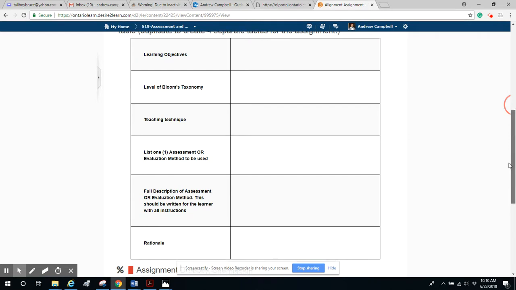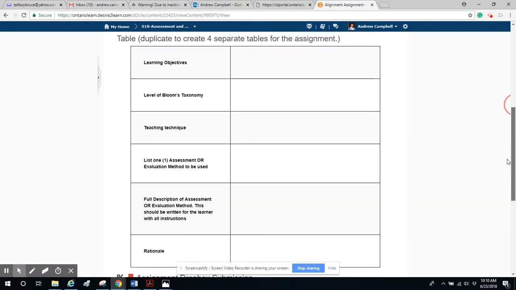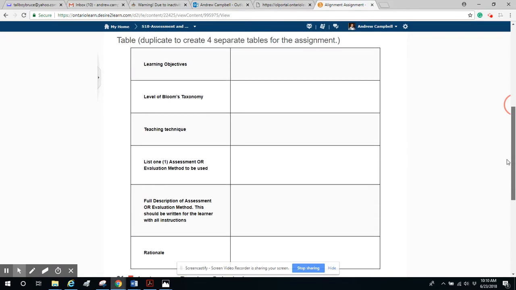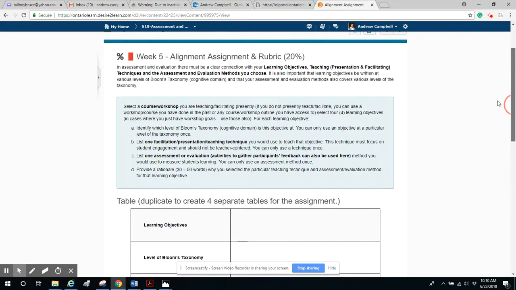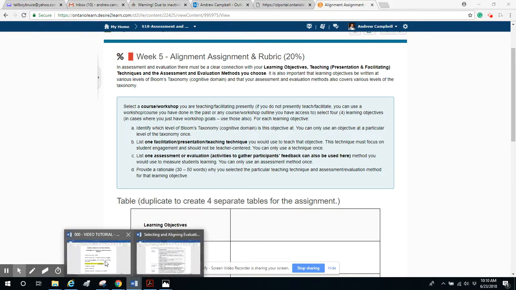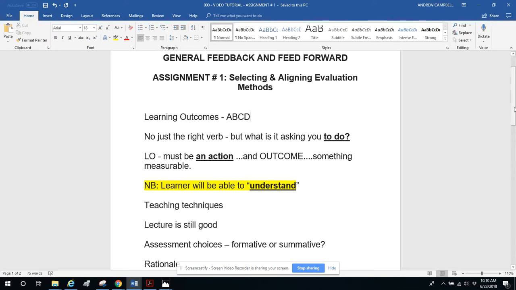And for me, one of the most important parts of this assignment is deciding on the rationale. Why is it that you chose all of this? And that's, I like to say, a method to the madness. There's a method to the madness when it comes to our selection of objectives for our teaching. So I want to take some time out today just to give you quick feedback, feed forward mostly, as you continue creating great lesson plans, great course outlines, selecting excellent